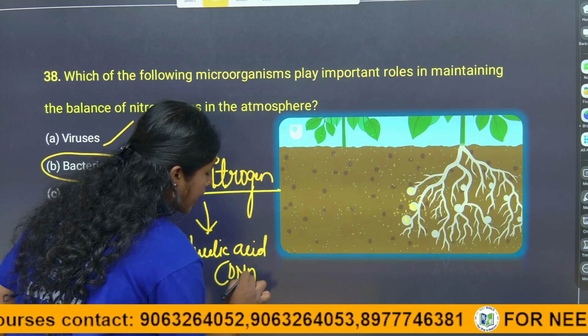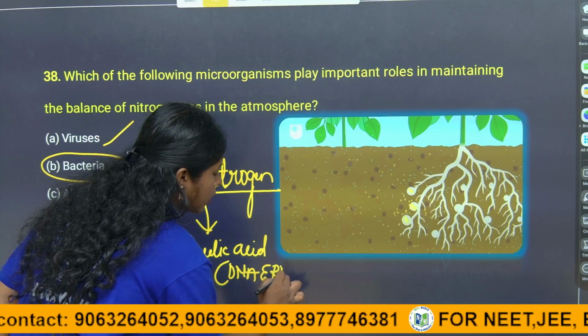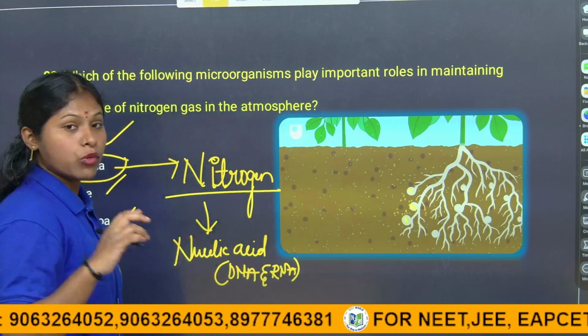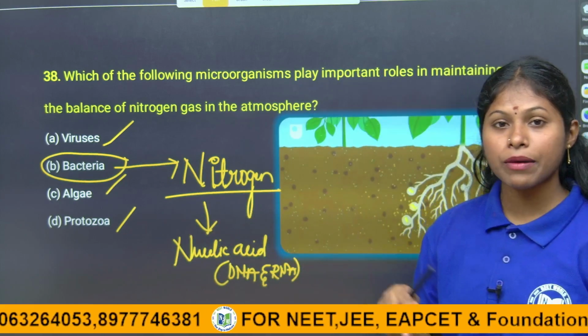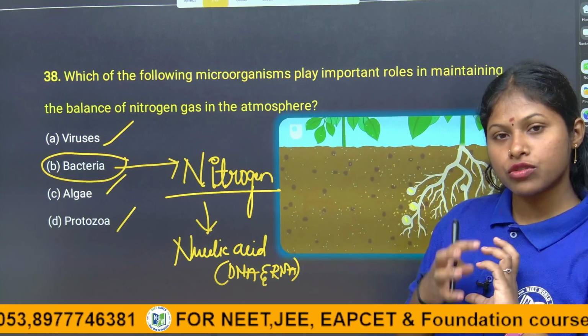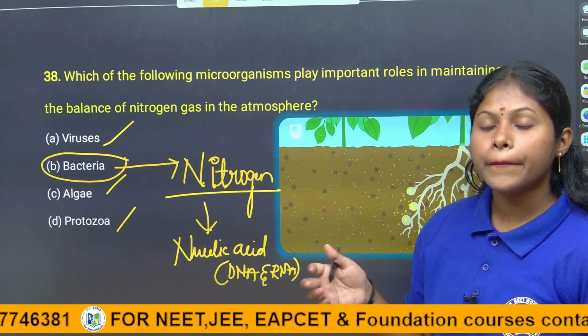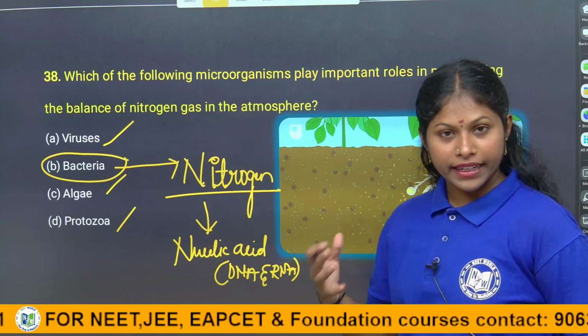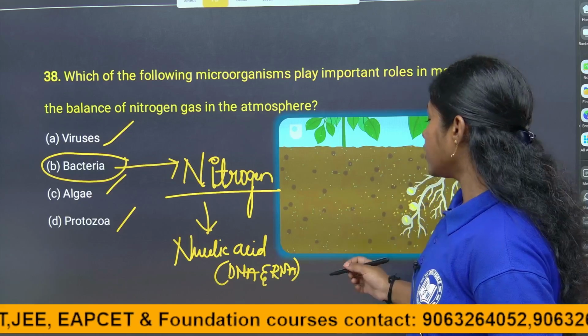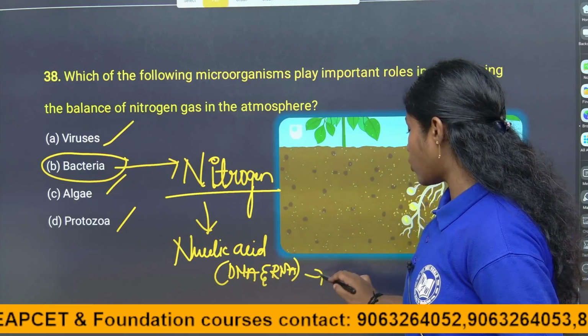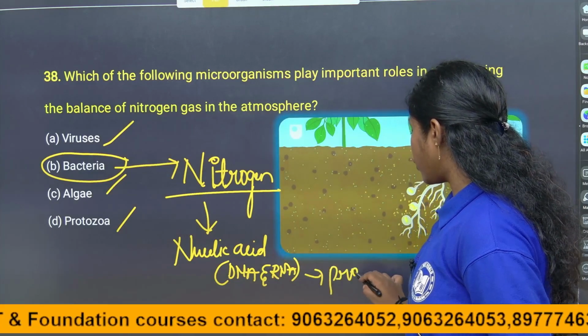Do humans and animals have the mechanism to convert the atmospheric nitrogen directly into a useful form? No, we don't have that mechanism. But the plants do have. How? When the plants are in symbiotic association with the bacteria, they help in the production of nitrogen, right? And proteins and amino acids can also be produced through nitrogen,